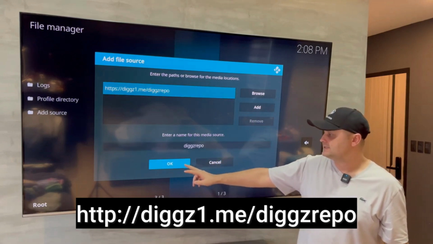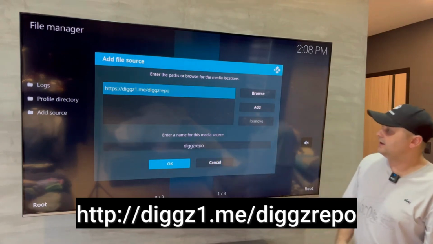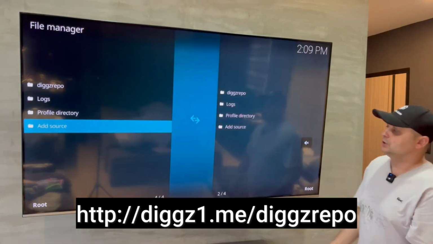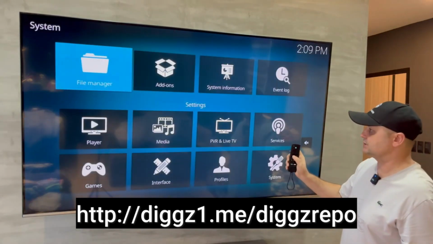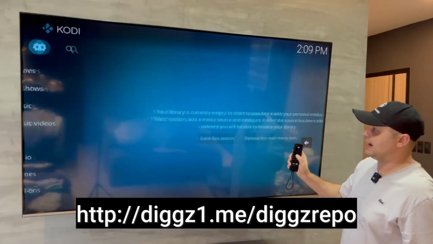Scroll down twice and hit the OK button. If the URL is successfully added, you won't get errors and you'll see it added like that. You're going to click one back on the Firestick remote and click one more back to take you to the